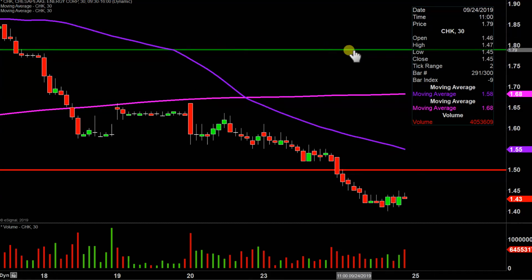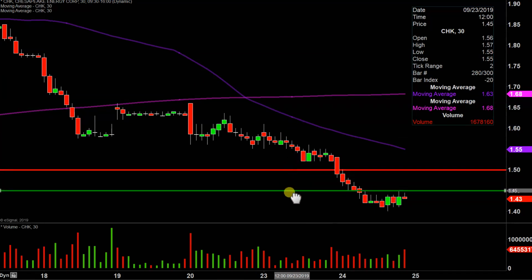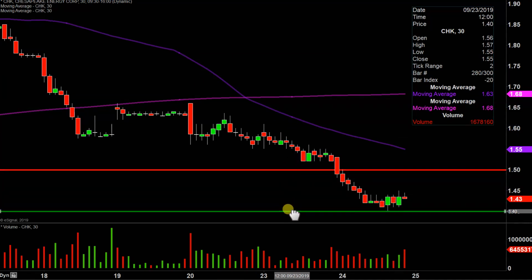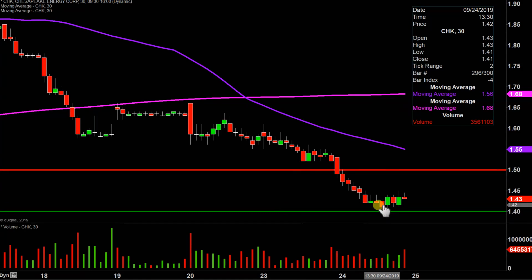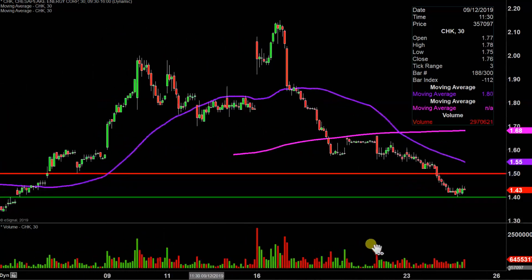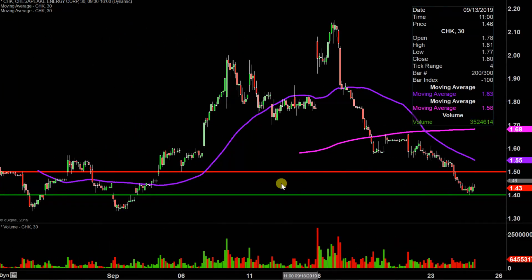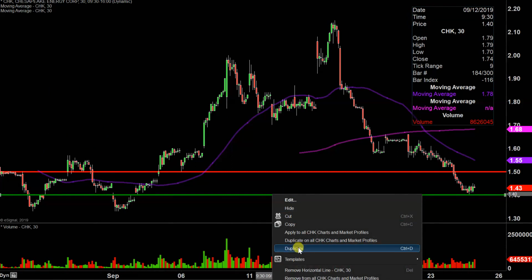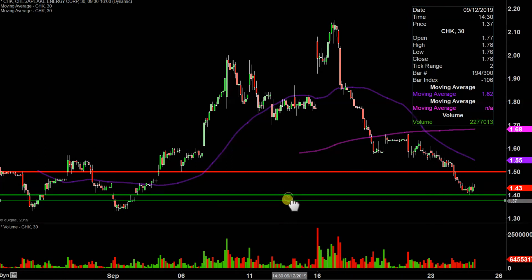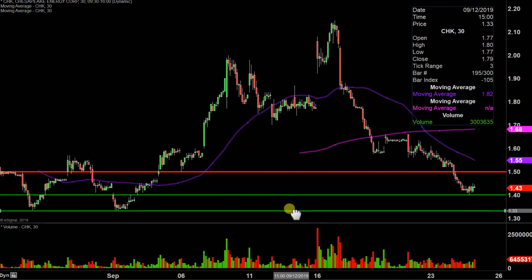First level of support, nothing fancy, nothing complicated behind it at all, other than the fact that the bleeding finally stopped today at $1.40. So for that reason and that reason alone, that is where that near-term level of support is coming from, right there at the $1.40 mark. In the event $1.40 is broken, then while there is no such thing as a guarantee, the chart opens up quite a bit, and it would not be shocking at all to see the price potentially drift all the way